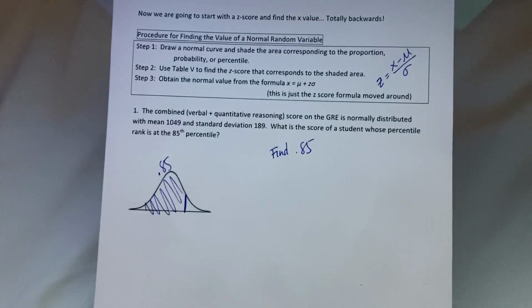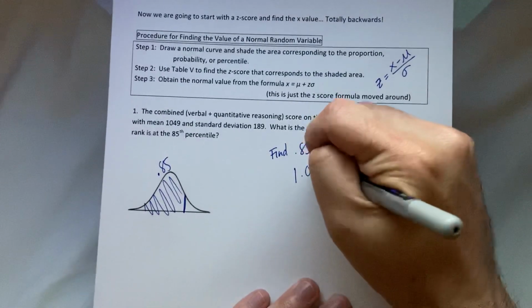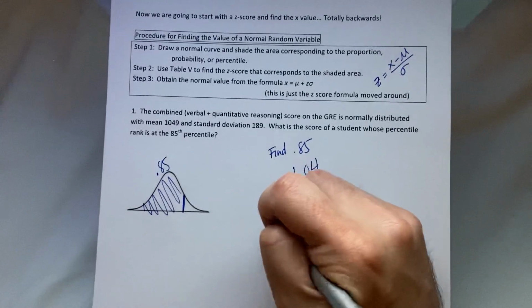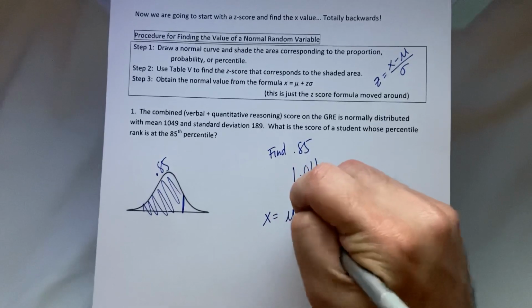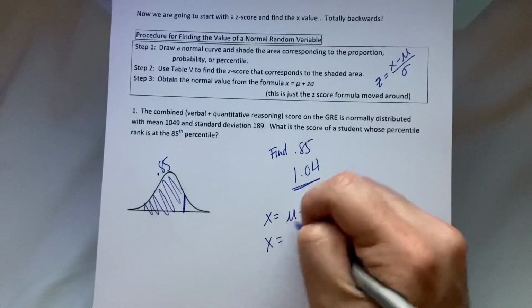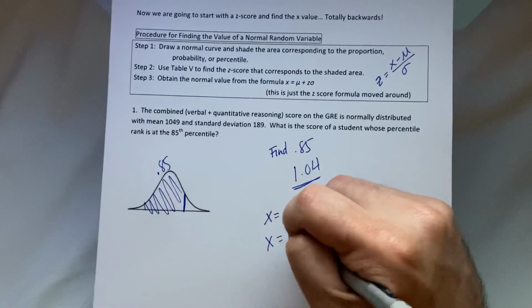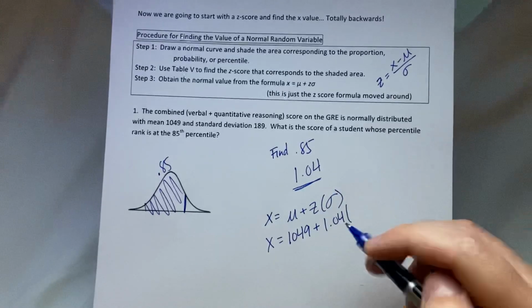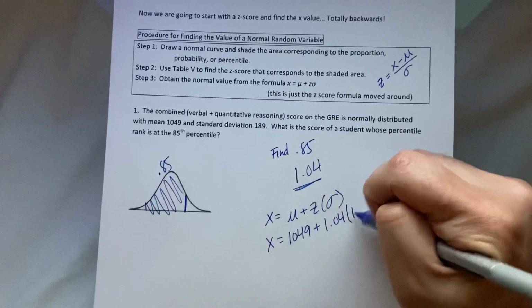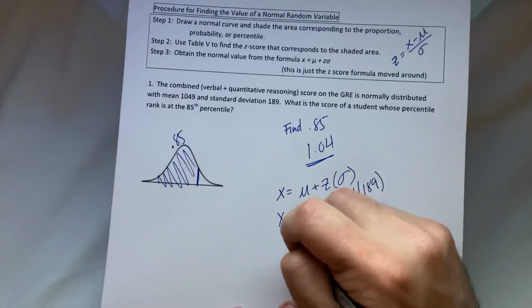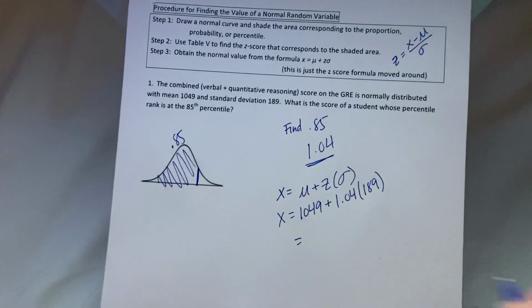The closest one, if we look, is 1.04. So that's my z-score. So I need to take that and go back to x. So x equals mu plus z times sigma. Mu is our average, which it says is 1049, the mean, plus 1.04, our z-score, times sigma, our 189, our standard deviation. And this ends up being, if you put it in your calculator,